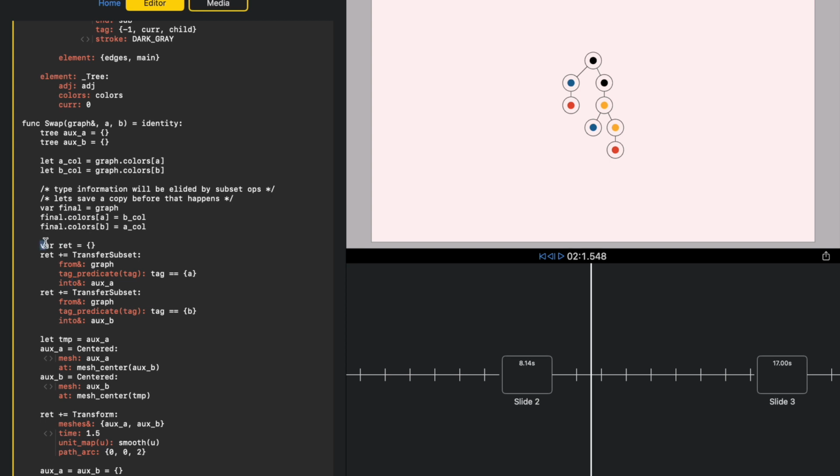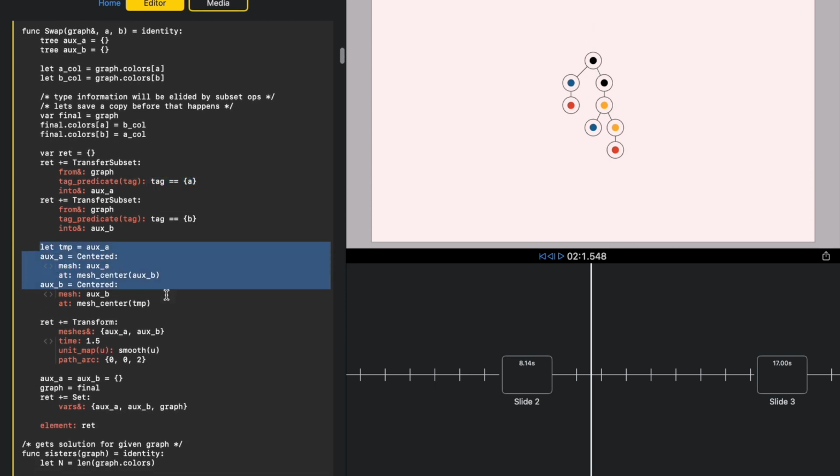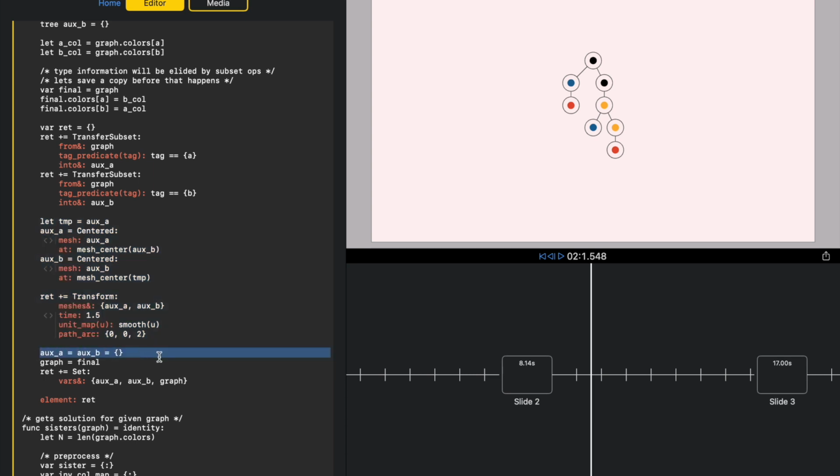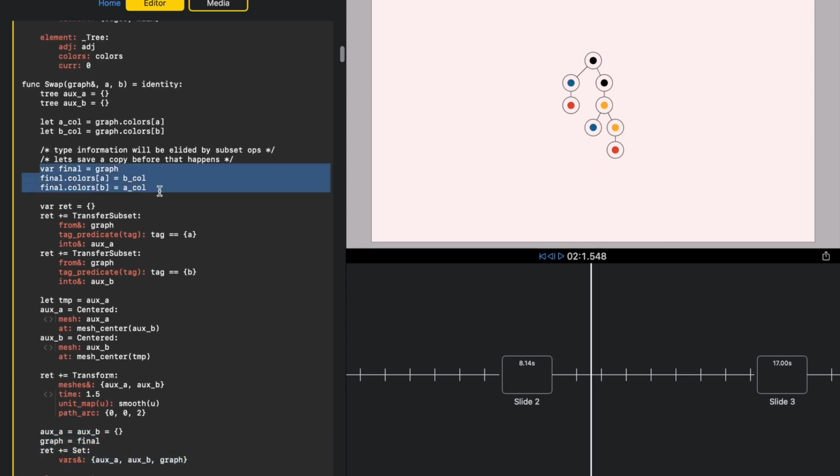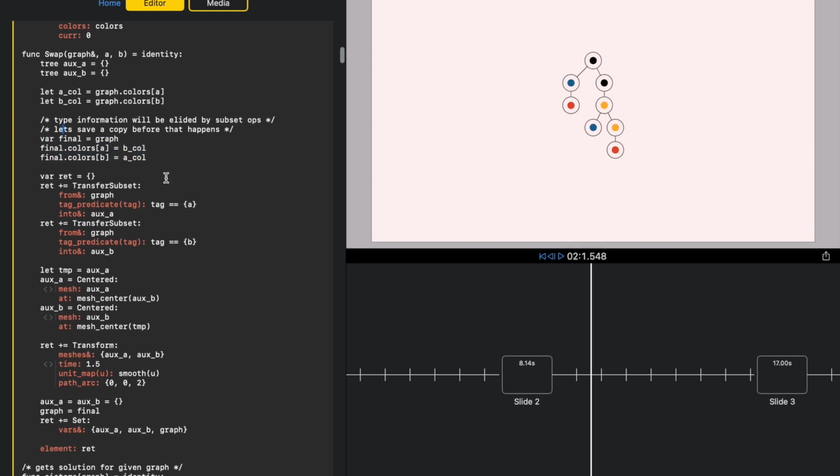Okay, so let's see how that looks in practice. We'll transfer what we need to, and that's very easy because of the way we tagged. Then we'll transform both of these into their target states, and then we're done with the auxiliary variables. Let's set them to nothing, and then let's set the graph to be in its final state, which is well defined. And we know it's well defined because we basically copied the original and made the changes we needed. All right,